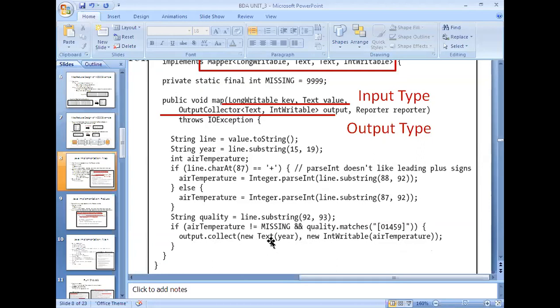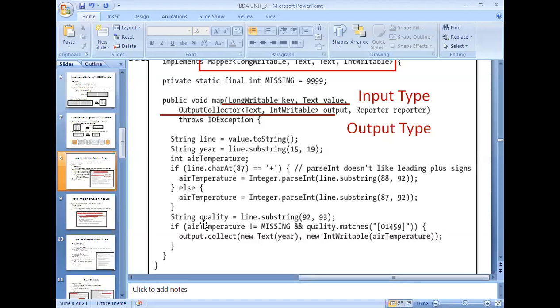So in that, new Text(year), new IntWritable(airTemperature), whatever information you have extracted from the line. As I told you, the data set contains the information in ASCII format and it is line oriented, meaning each record is represented as a line.